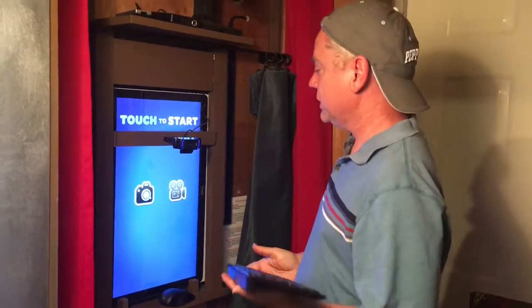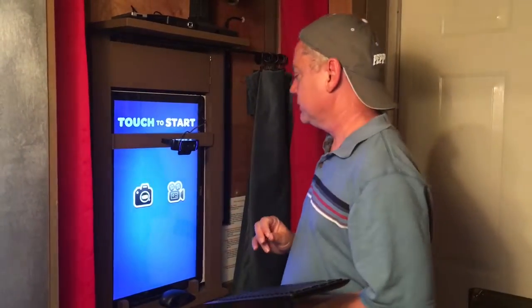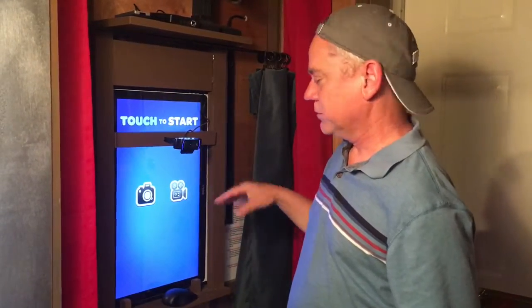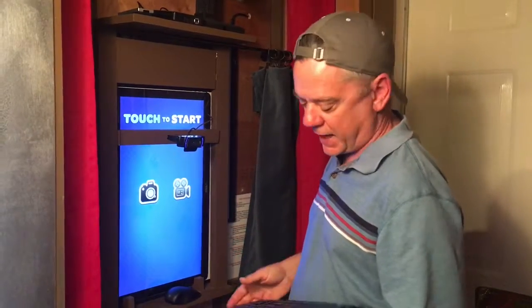All right, so this is more of an advanced training, for people who really want to know about the photo booth application. Photo booth, or what's called Social Booth, is the name of this, actually has